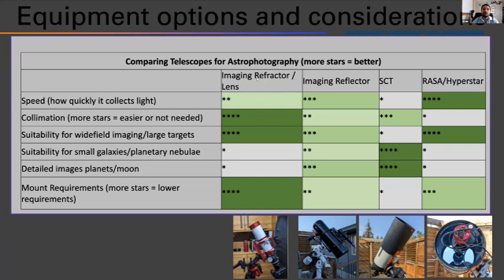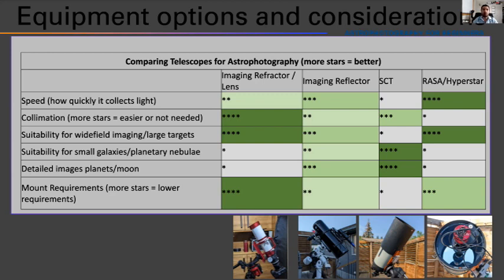So an imaging refractor or a lens, in terms of speed, I gave 2 stars out of 4 because it collects light fairly quickly. Most astrophotography refractors, most imaging refractors, happen to be ED, which is extra low dispersion glass, or triplet refractors. Those are the common ones right now. Most of the ones I've seen are between f5 and f6.